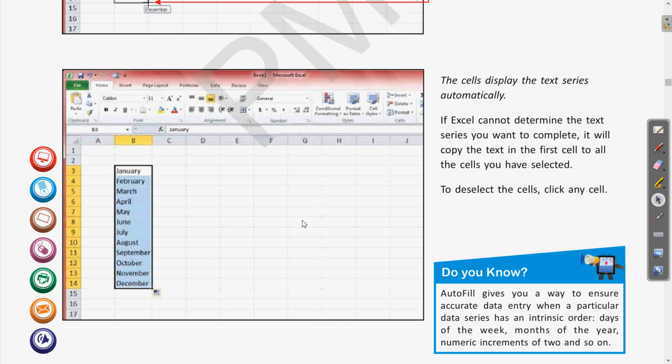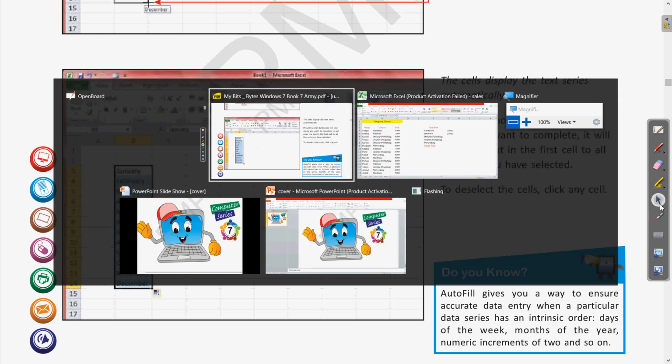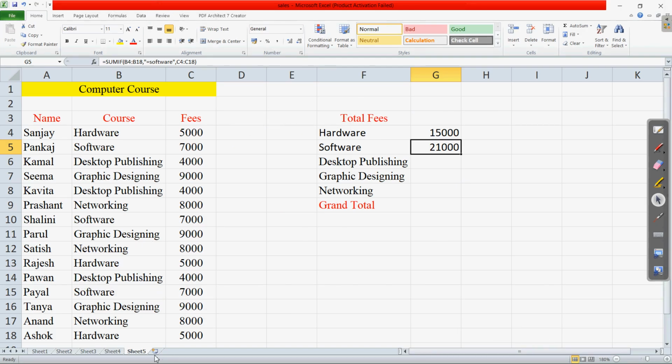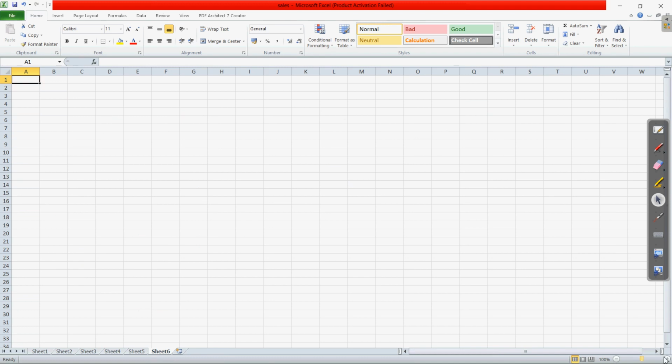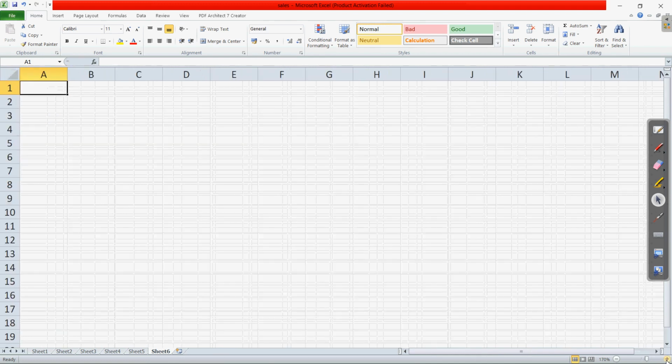Let us try to do this practically. Let us make a new sheet and zoom a little bit.